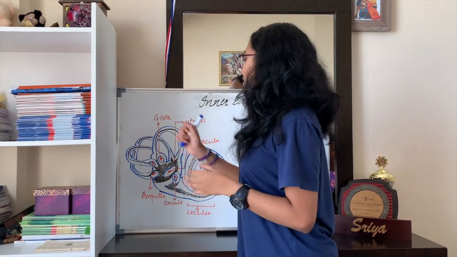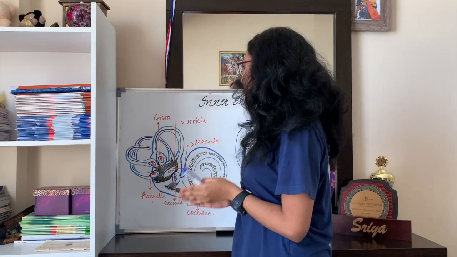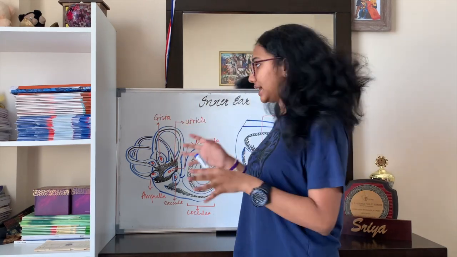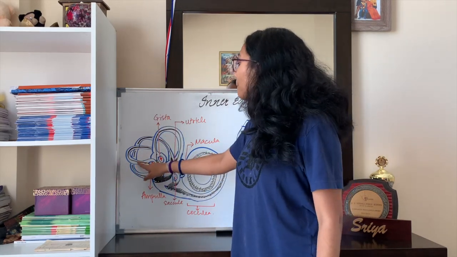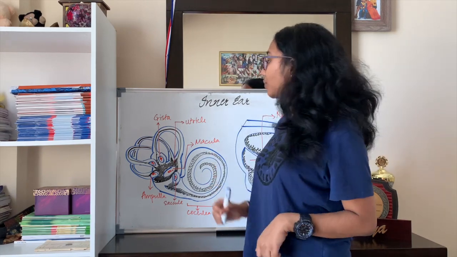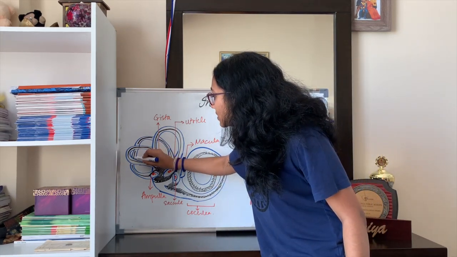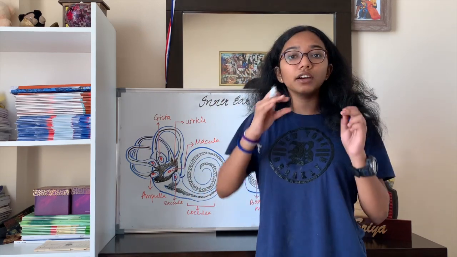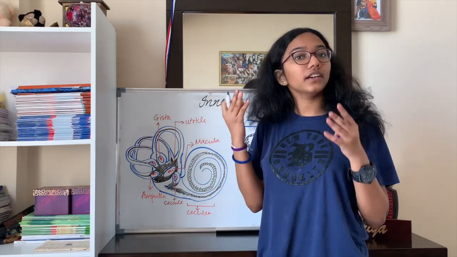Let us now start with the semicircular canals. Let me show you how they're aligned. If this is one semicircular canal, which is towards the y-axis, the other two semicircular canals are aligned towards the x and z axis respectively. So these are on 3 spatial planes, and they are made up of an outer bony labyrinth and inner membranous labyrinth. Now, this bony labyrinth is filled with a fluid known as perilymph, and the membranous labyrinth is filled with a fluid known as endolymph. So all that you see here, these black spaces, is basically a fluid filled duct containing endolymph.